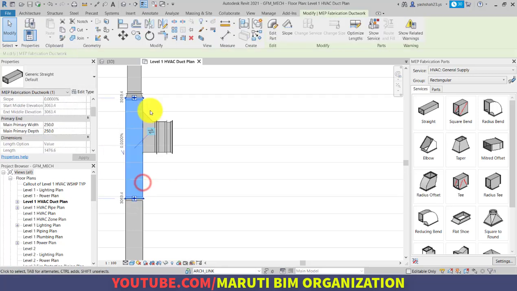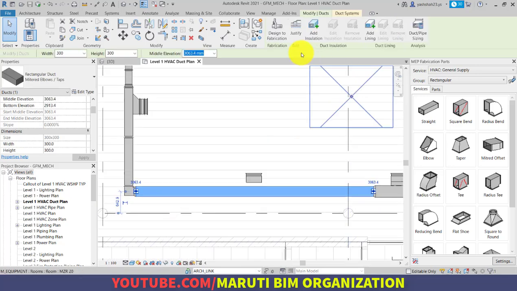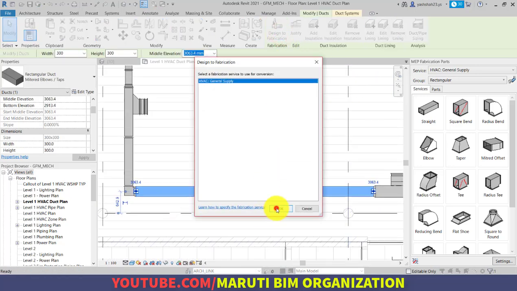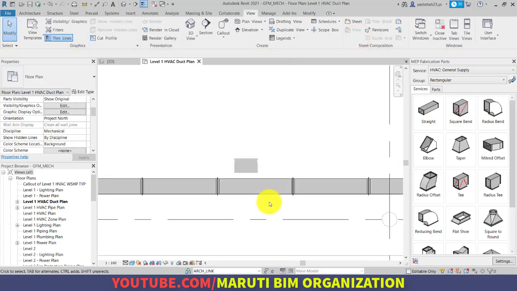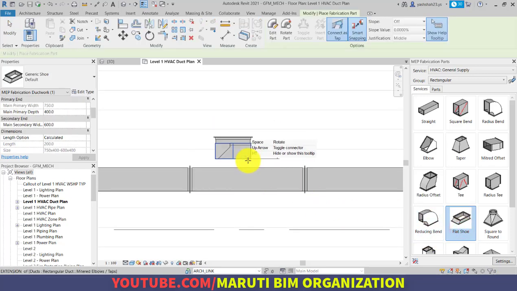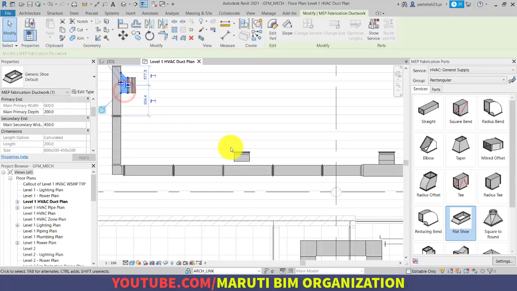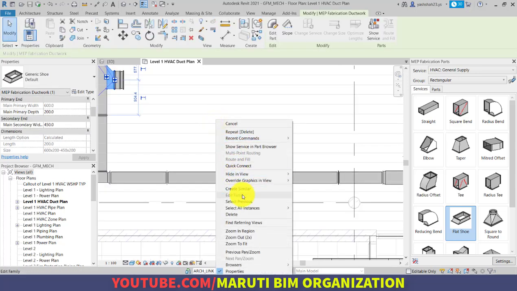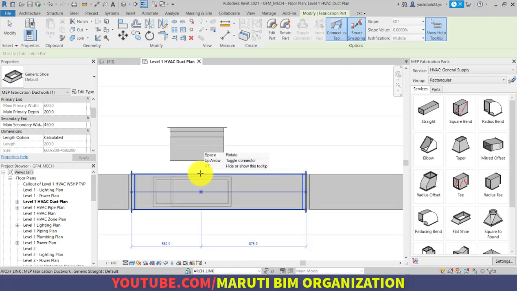Like this. Okay. So similarly, we will select this duct. First of all, design to fabrication, and then optimize its length. And we will use the flat shoe connection, but we will select this connection, right click, create similar, and place the same connection here.